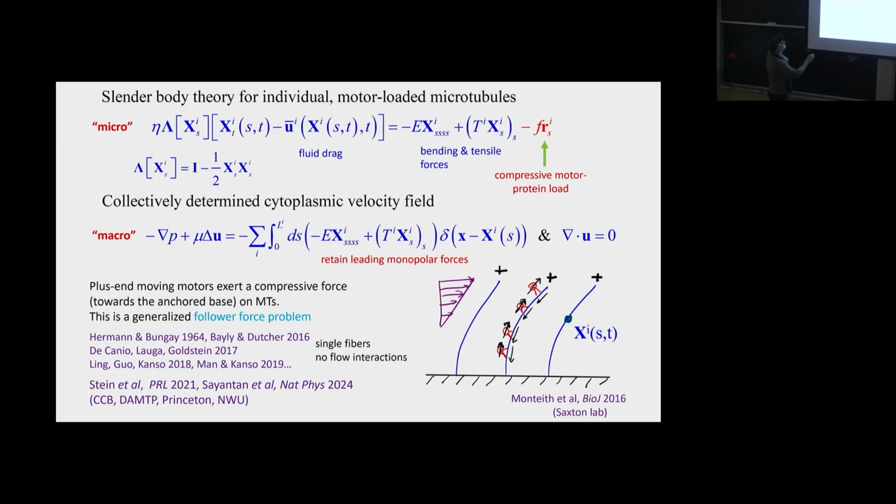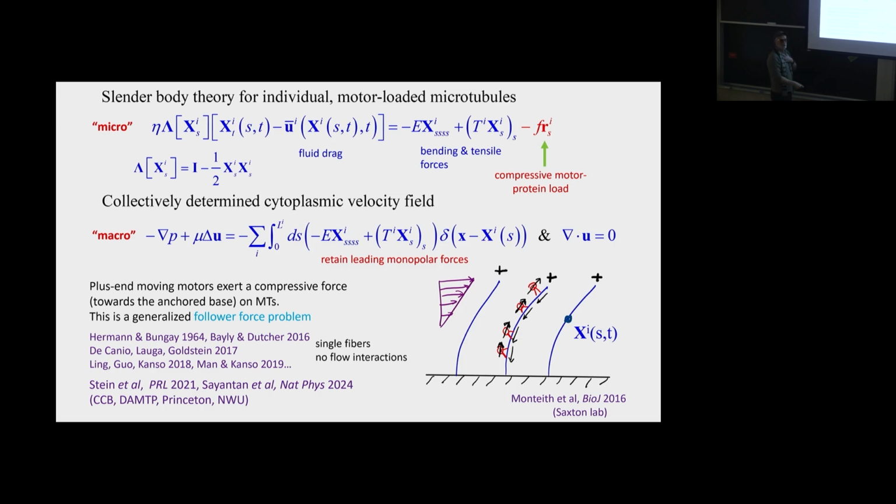Then this is the drag force on some little section of the microtubule, so it's written as its position, the ith microtubule, x of s and t. S is the arc length measured from the base. So now, these are inextensible objects, so S is also a Lagrangian label for a microtubule. So the motion of each microtubule relative to the flow multiplied by a viscosity multiplied by an anisotropic drag matrix